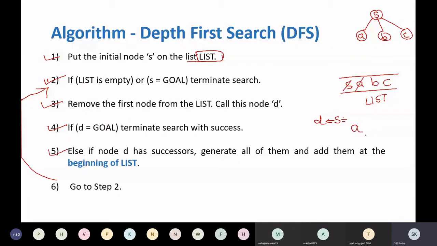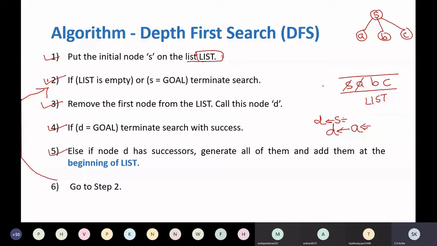Call it D. Now I will call this A as D. If D is a goal, check, that means whether this A is a goal node. If no, and if D has successors, generate all of them.